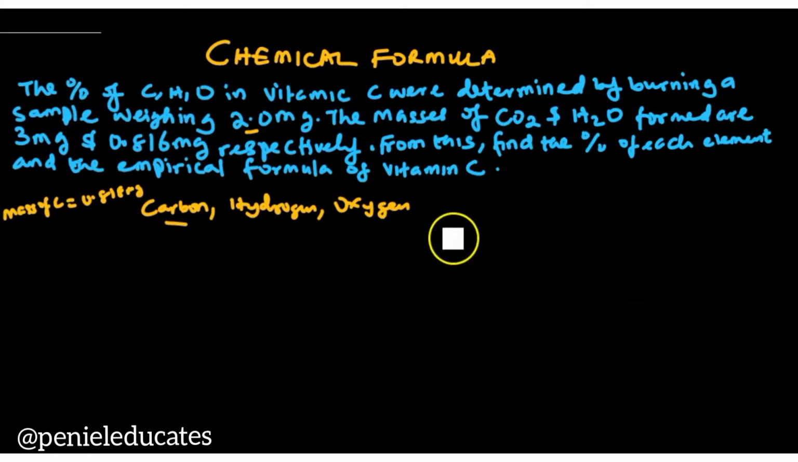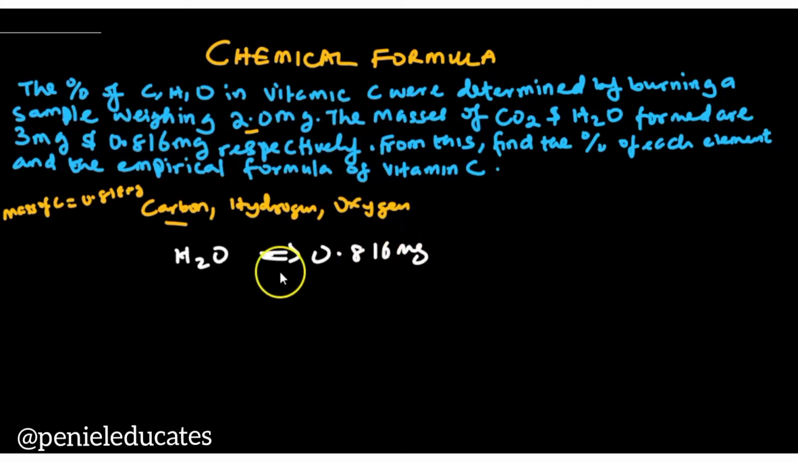Okay, let's look at the mass of hydrogen in the water. Don't forget the mass of water that we're given. This mass is 0.816 milligram. All right, so the mass of hydrogen will be this 2H, the mass of 2H over the mass of water,